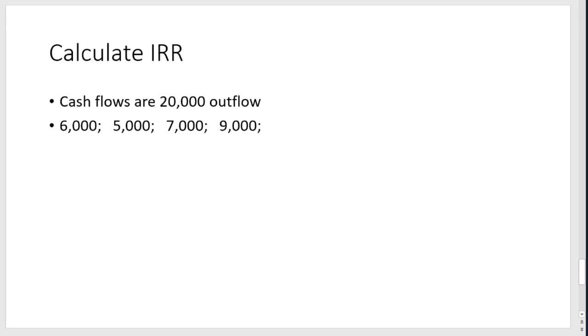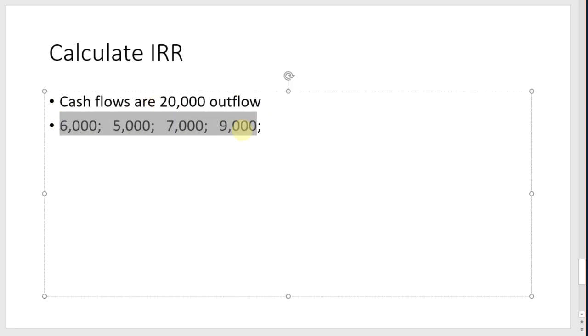Okay, now we just sort of did this on the previous slide, but if you wanted to start with internal rate of return, you would do this. Okay, so I've got a slightly different example. I've got an initial cash outflow of 20,000, and these are 4 cash inflows over 4 years. Okay, and we're not starting with a rate, we just want to know what is that rate. And again, you cannot do this with a formula. So let's start with